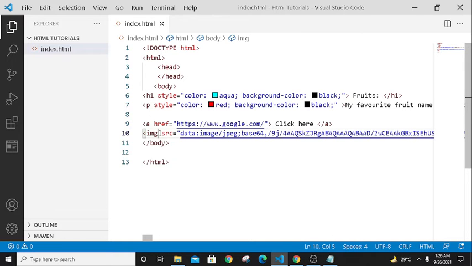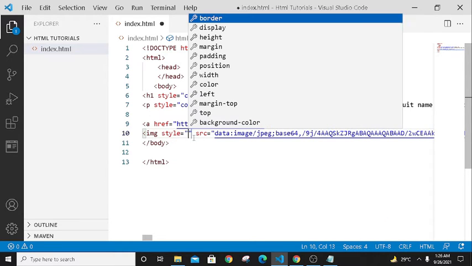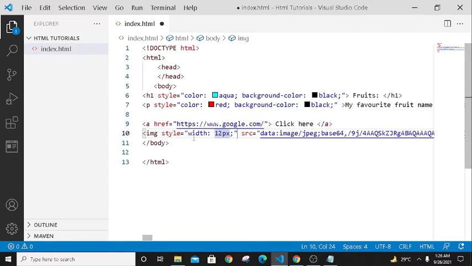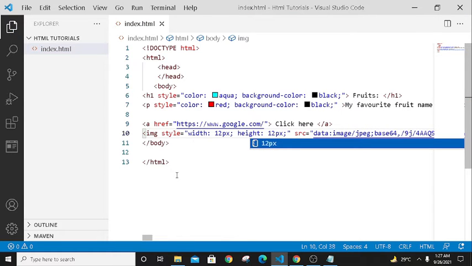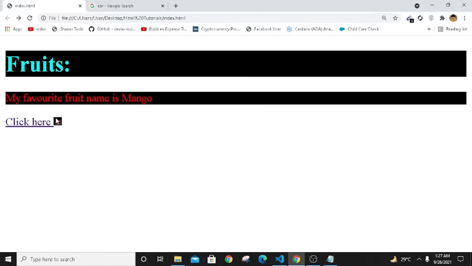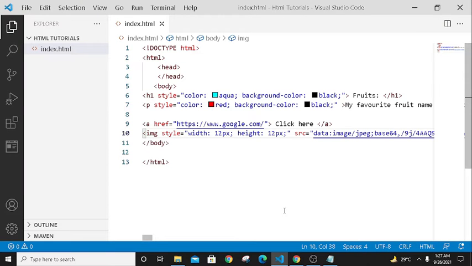For the image, I will use style, I will use width 12px and height the same 12px. Control S. Now let's check the result. So this was our previous, and now I'm refreshing. As you can see, the image is there, and it's 12 by 12. So you can use the image like that in your website.